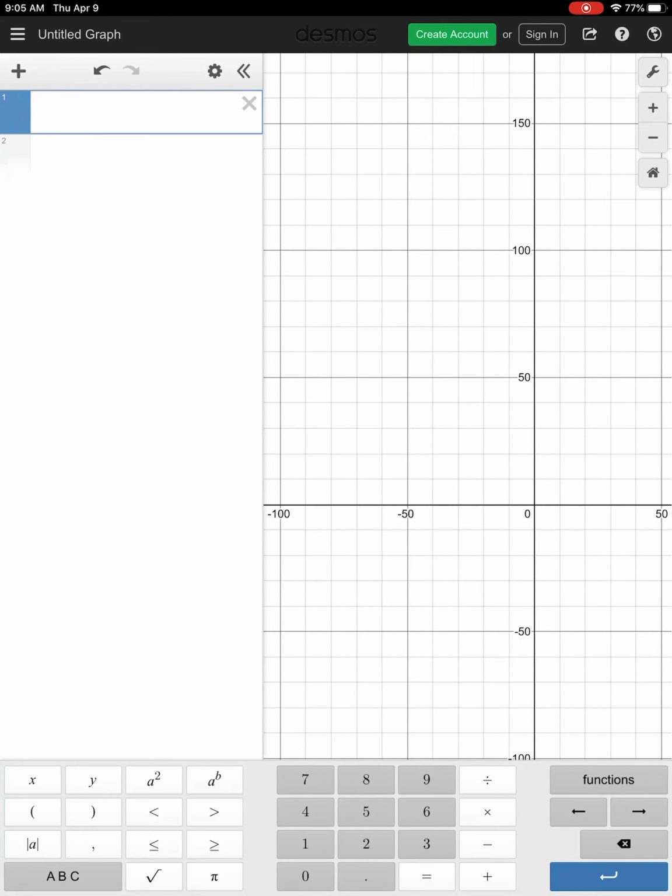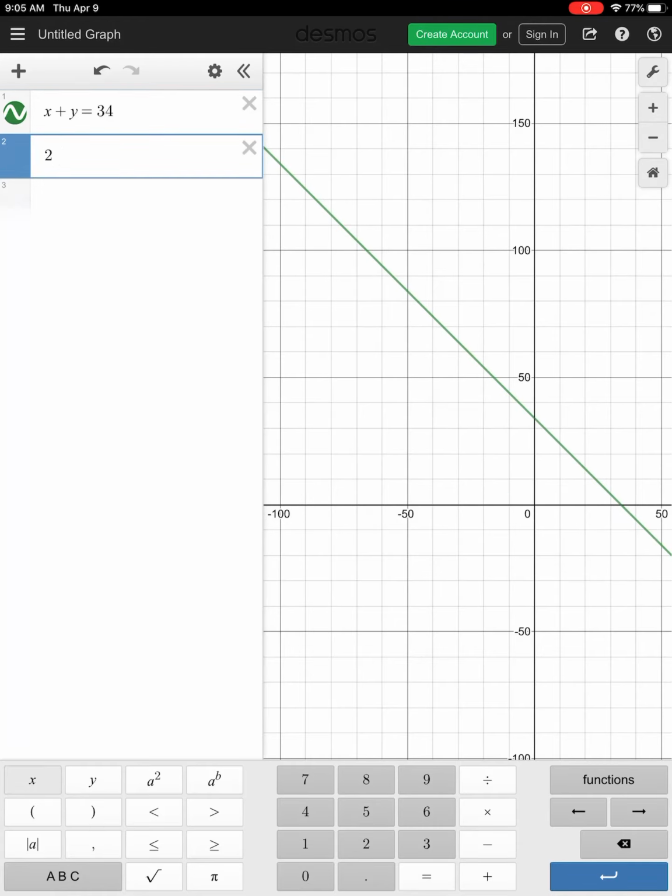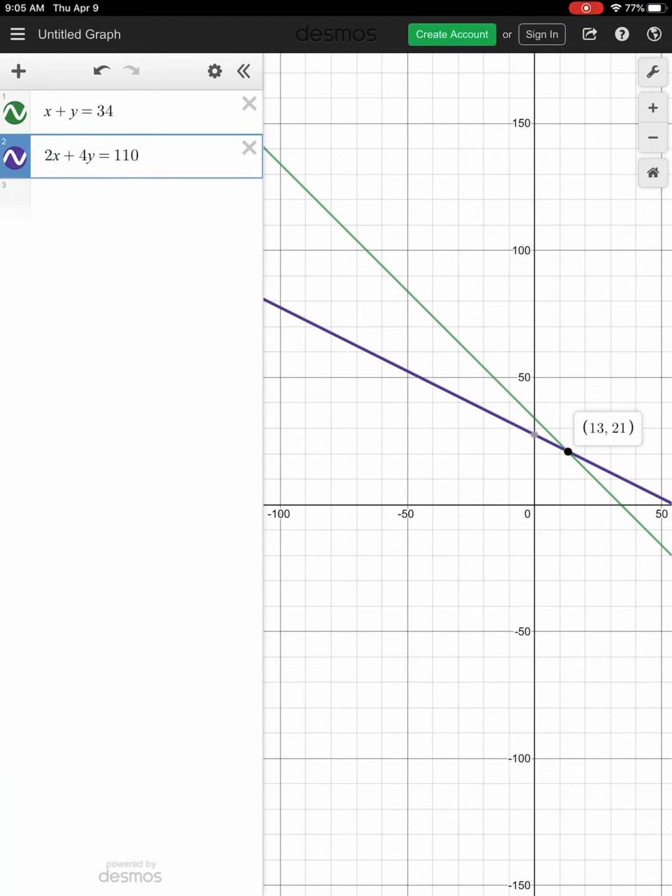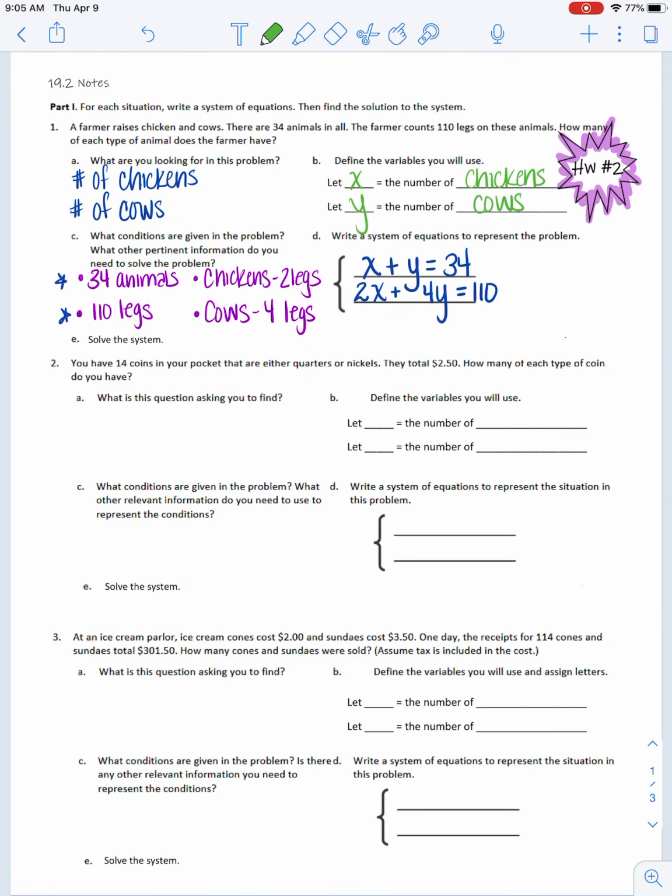I'm going to pull up Desmos and type in my 2 equations. My first equation was x plus y equals 34. And my second equation in the system was 2x plus 4y equals 110. We know that when we're trying to find a solution to 2 equations, we are looking for the intersection. So I am going to click on that intersection and it gives me the point (13, 21). Okay, so I'm going to go back to my notes and I know that when I solved the system, I got